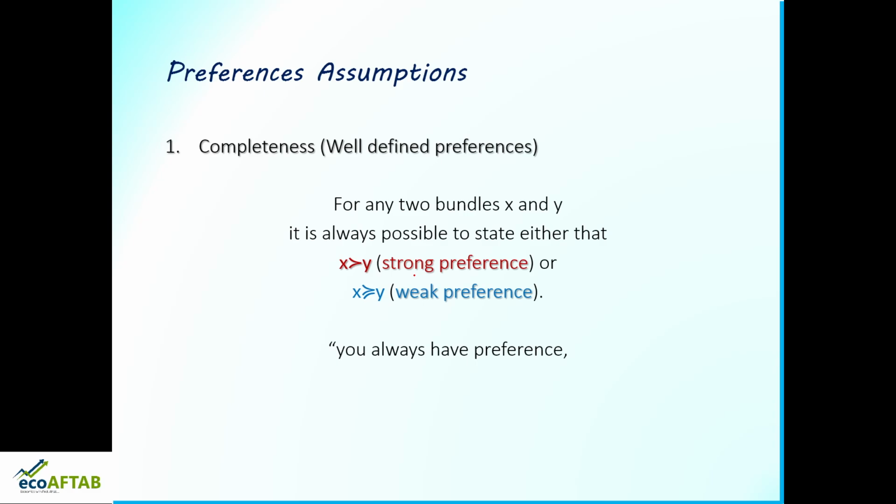So here we can say we always have a preference. Meaning, what can we say here? We always have a preference: first, we can say we prefer x to y, or else we say we prefer y to x, or we can say for us y and x are the same. So this particular sign, which is telling us about the equality, is more telling us that the consumer is indifferent between x and y.